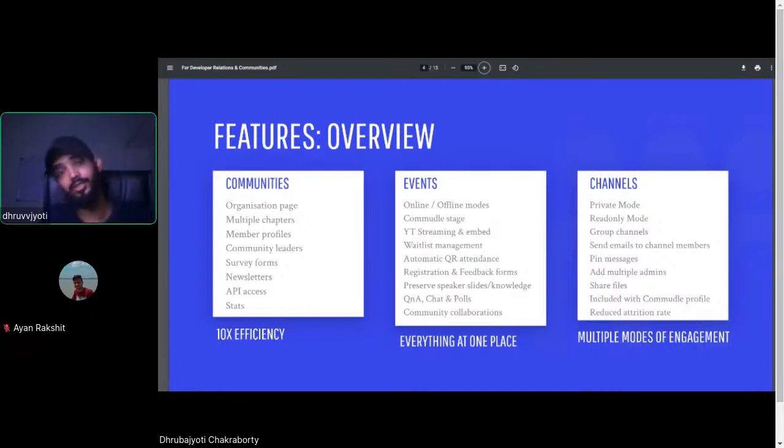Coming to events, of course, post COVID pandemic, we have been hosting multiple offline events and in-person meetups as well, and the numbers are always scaling up, depending on the growth and activation of the community. We've got Commudle Stage right now. We are hosting this entire event on Commudle Stage, right? And it offers some amazing features in terms of hosting polls, in terms of comments and everything. We've got YouTube streaming, which is embedded with Commudle Stage. It's again an added feature for us.